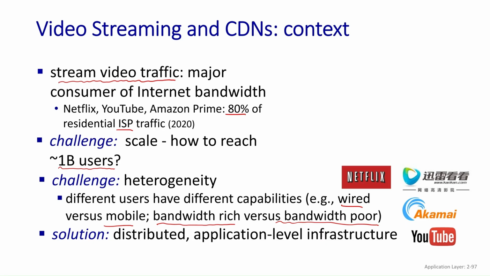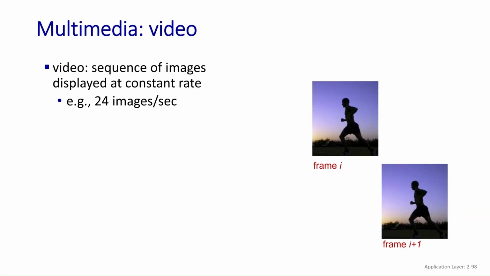And this distribution in nature is in fact, the application specific infrastructure is distributed in nature, right? So we'll see in a minute, and this will be achieved using content distribution or delivery networks. Okay, but look, before we really jump into video